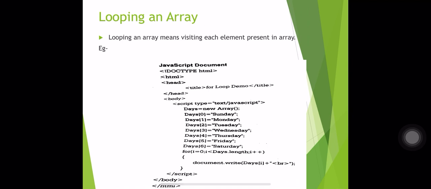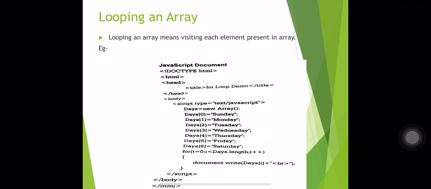Okay, the size of the array is not mentioned over here, so we can add any number of elements inside the array. So days[0], that is the first element of the array, is Sunday. Days[1], where 1 is the index of the array, is equal to Monday. Days[2] is equal to Tuesday, days[3] is equal to Wednesday, days[4] is equal to Thursday, days[5] is equal to Friday and days[6] is equal to Saturday. So a total of 7 elements are added into your array using the index value of the array. Sunday, Monday, Tuesday, Wednesday, Thursday, Friday and Saturday are the elements of the array.